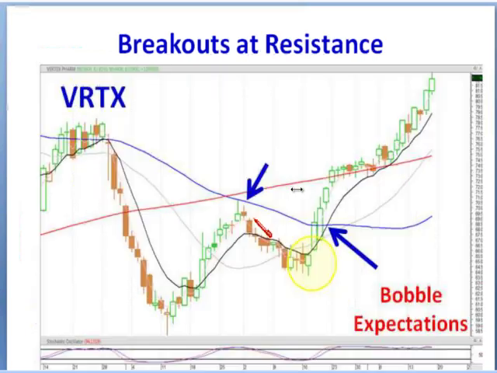Or, where's our bobble expectations? There's the failure. Notice how it failed. When we came up from a buy signal down here, closed above, eventually above the T line, and what did it do when it hit the 50? It did a shooting star signal. Was that a strong signal when it hit the 50? Obviously not. That told us it's probably getting time to take profits. Now what happens the next time it comes up through? That's our bobble breakout. So we can be buying right here,